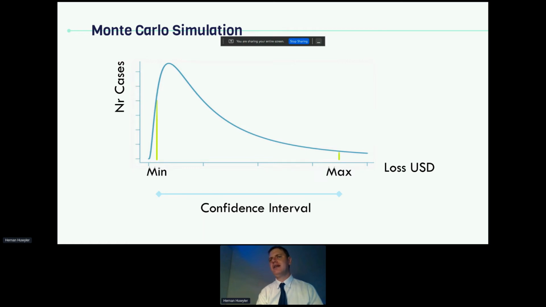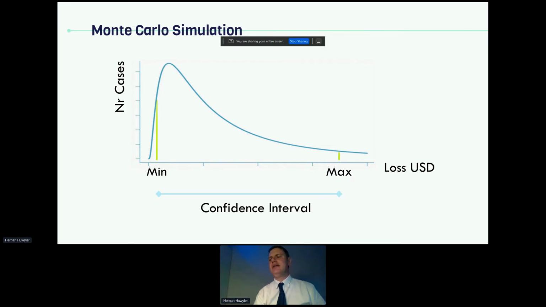We think that there are more scenarios producing a loss higher than the maximum amount, 200, than losses lower than the minimum value, 100.